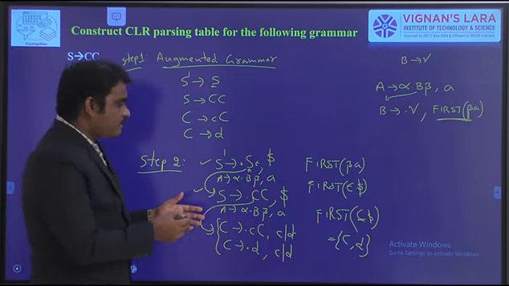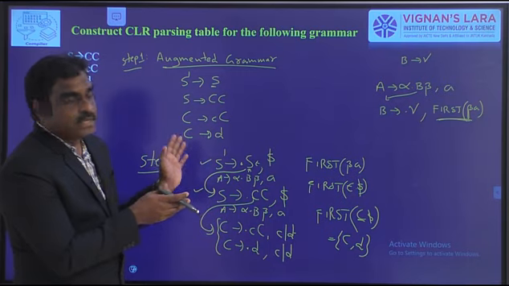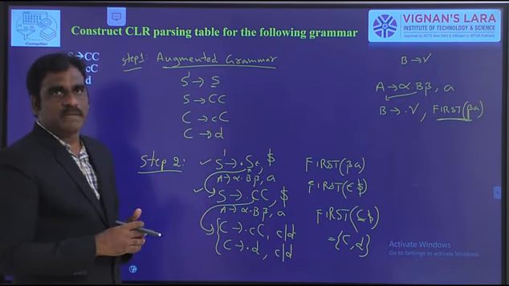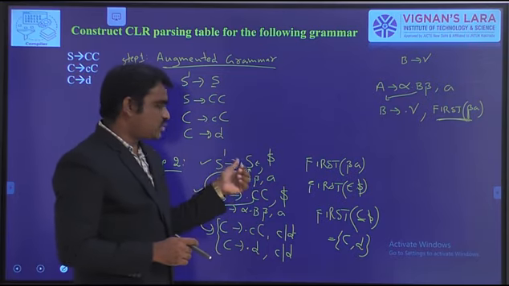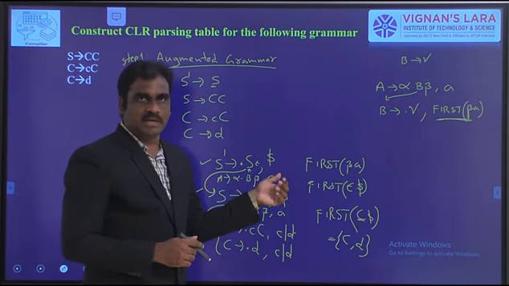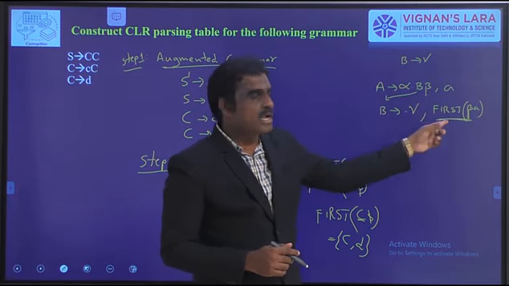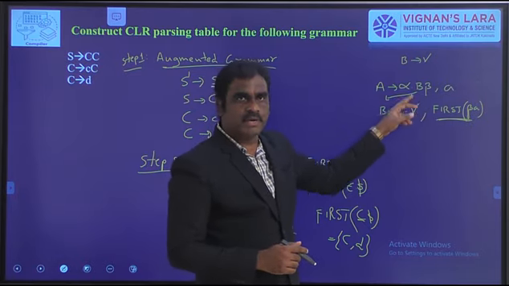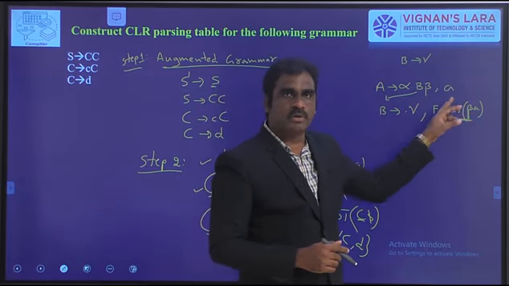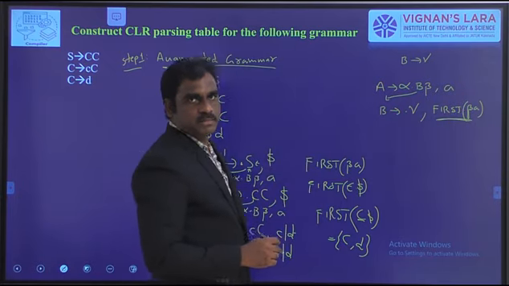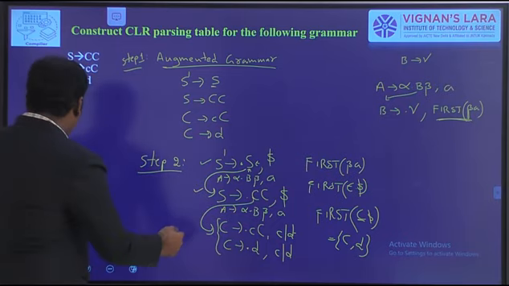Okay. So in this way we have to calculate the LR(1) items. The first one starts with S dash to dot S. Initially take the lookahead symbol as dollar. Next, each and every production is compared with A2 alpha dot B beta comma A. Suppose dot followed by B, then you have to write the B production, and then using this formula, first of beta A, we calculate the lookahead symbol like this. Now I can draw the transition diagram. Again, the same step is repeated here.